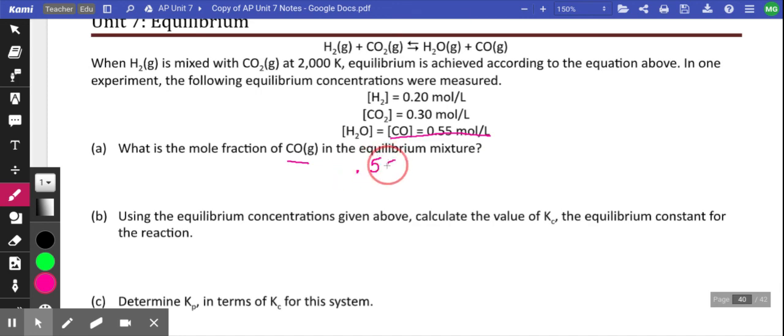So to calculate the mole fraction, I know that there'll be 0.55 moles of CO. Then I add up my total moles here. So my total moles is 0.2 from my H2 plus